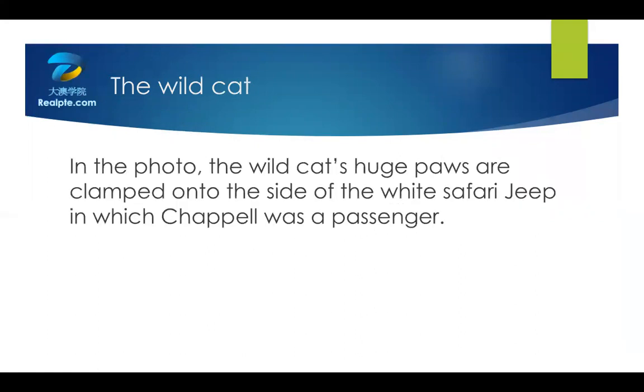我们把这道题来分开看一看。第一部分，in the photo。OK，非常简单。In the photo，停顿。The wild 这个单词呢是 wild，这个有个 l，很多同学这个单词会读成 wide，你看 wild。OK，the wild cats，注意这个 s。The wild cats huge paws，这个呢就是音标里面的 all paws are clamped onto，你不能读成 claimed onto，不能断得太开。OK。Clamped 这个 p 后面的 d 呢偏 t 的发音，同学们要注意一下。Are clamped onto the side of the white safari，OK，safari white safari